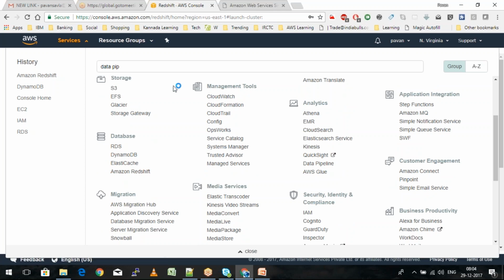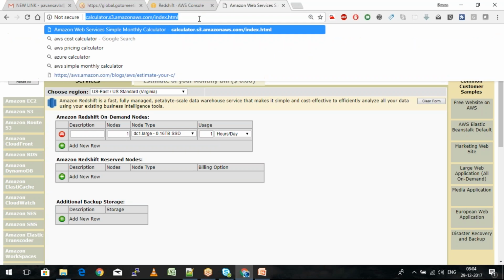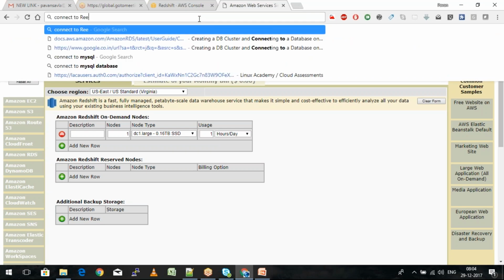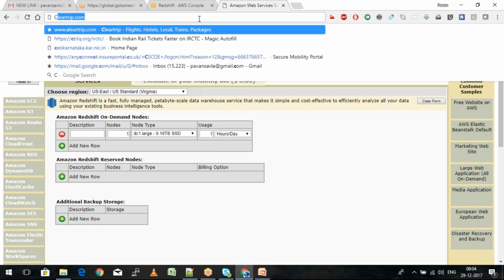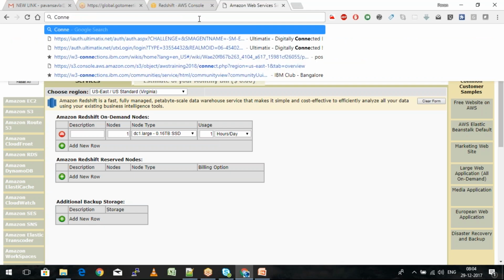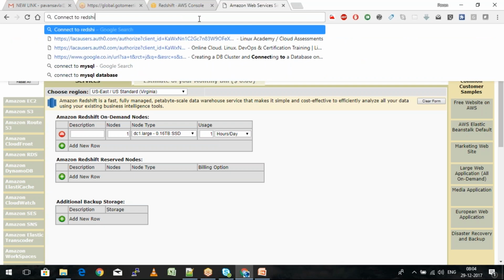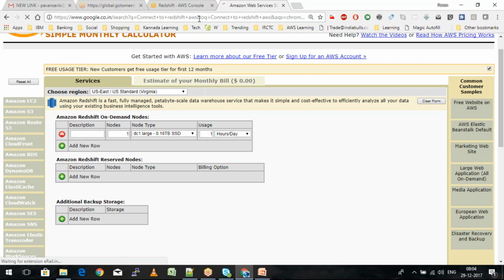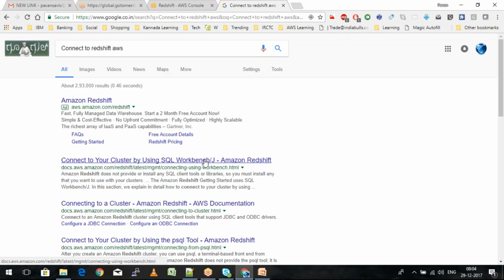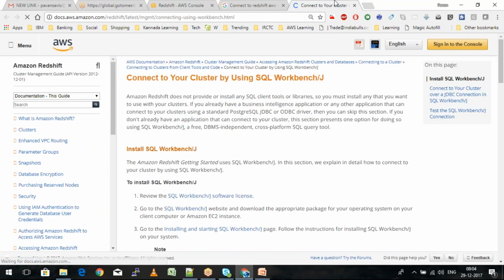Now, in order to connect to the Redshift, we have third-party BI tools. So we have something like SQL Workbench or any other third-party tools that we would like to use in order to connect to this. There are a lot of tools available, but some UI is required to connect, because when I launch this, it is just going to give me an endpoint and the port number where it is going to operate.